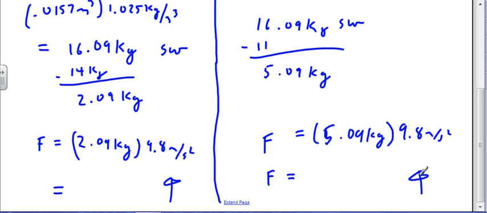2.09 times 9.8, so I have 20 newtons here. Significant digits, 39 has 3 significant digits, so we'll call it 20.5 newtons, and 5.09 times 9.8, we'll call it 49.9 newtons. And that would be the force of buoyancy, the buoyant force. Okay, now we're going to go on to